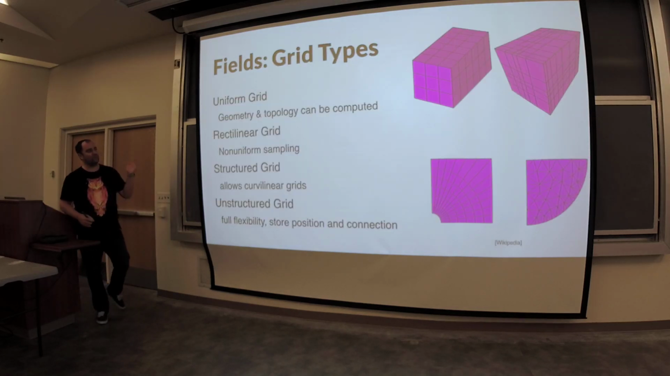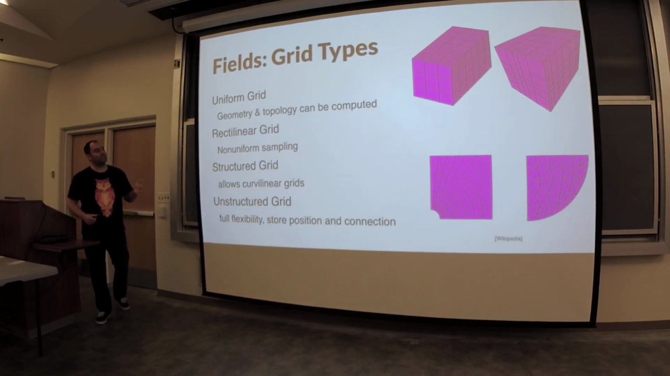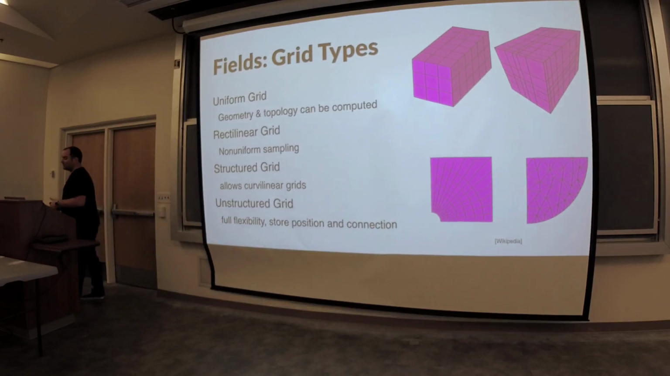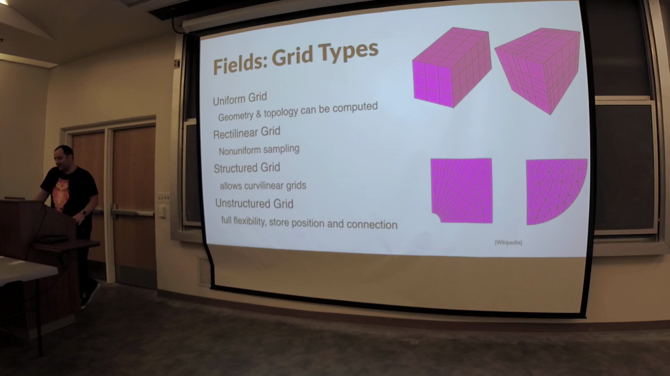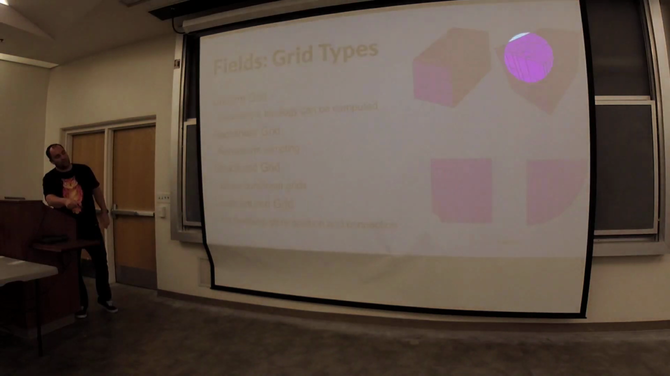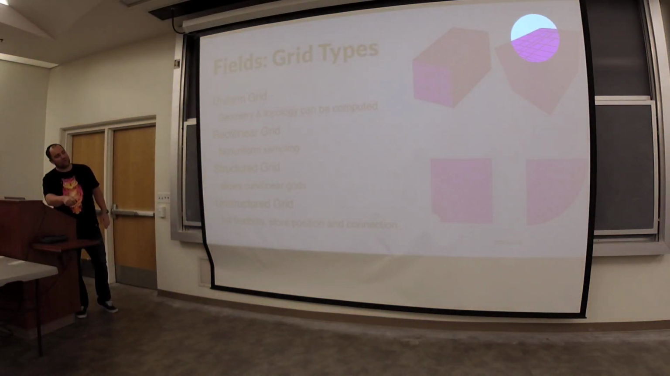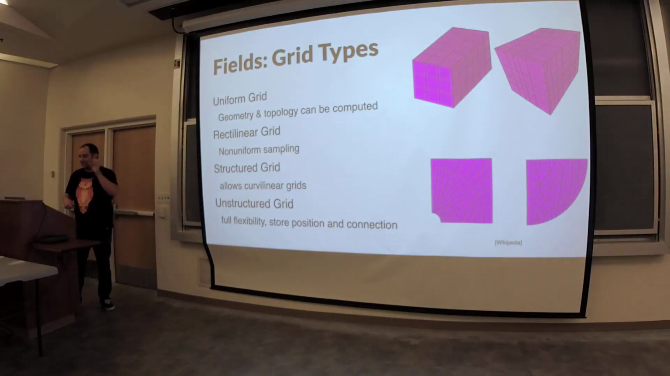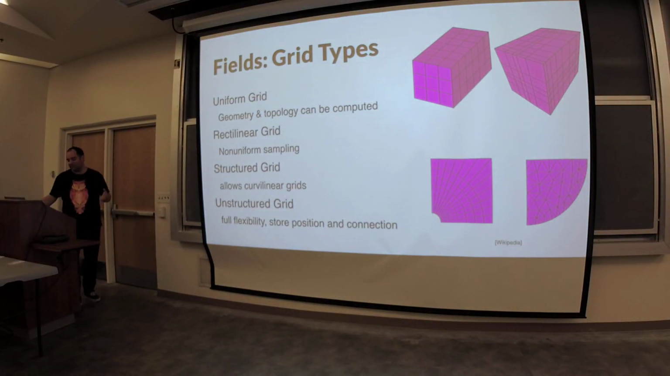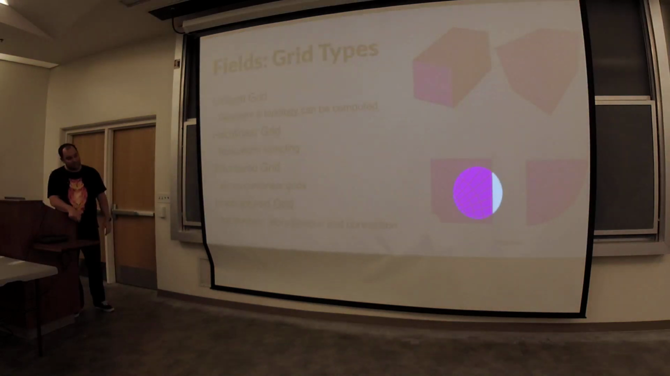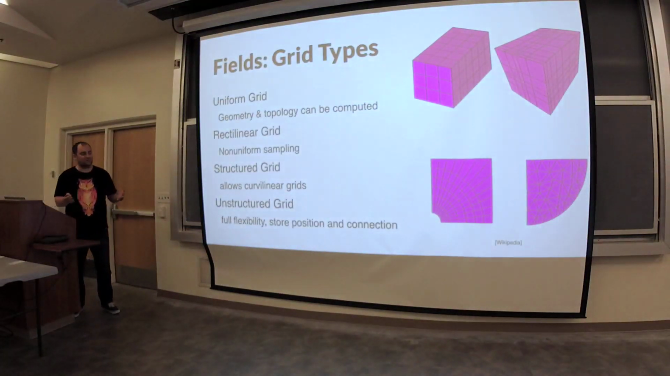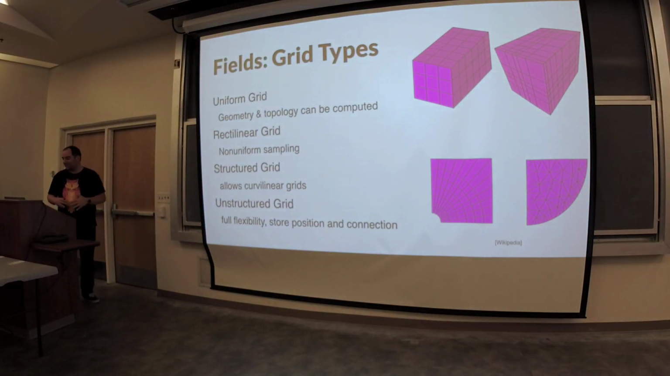First we have the uniform grid, where we can simply compute both the geometry and the topology. So we don't actually need to store any information about the grid. We just need to store the rules for how the grid was constructed. A rectilinear grid is when we do something like here, where we have non-uniform sampling, right? If we know that we care more about some of the areas, we can do this non-uniform sampling. A structured grid would be things that allow a curvilinear grid, like here. So this is still a structure, but it also has these